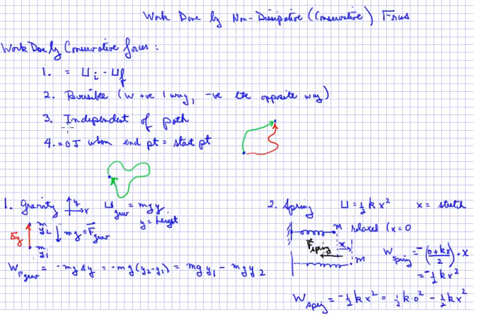Thirdly, the work done is independent of path, which means this sketch is meant to show that if you went on the green path from point A to point B, start to end, for a conservative or a non-dissipative force, the same work would be done if you went on the green path or on the red path, or indeed on any path that started here and ended there. And one of the consequences of this is that if your starting point and the ending point are the same, in other words, if you go around in some kind of a loop and then come back to where you started, no work is done.